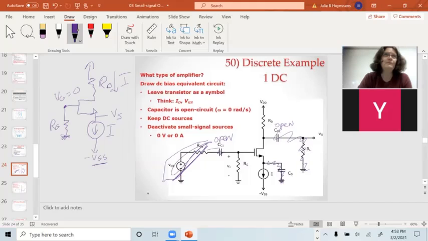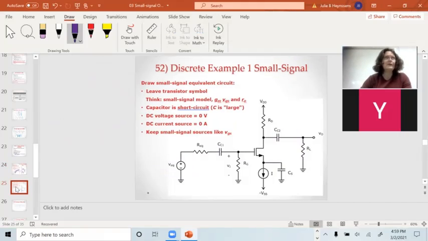I don't like it. Why not? Okay, so this is the DC bias equivalent. Why do I have that gate resistor there if no current's flowing through it? If we draw the AC circuit, which I hope is next,